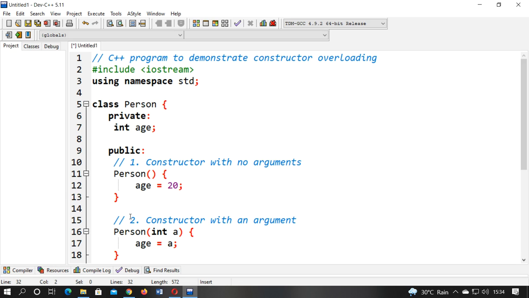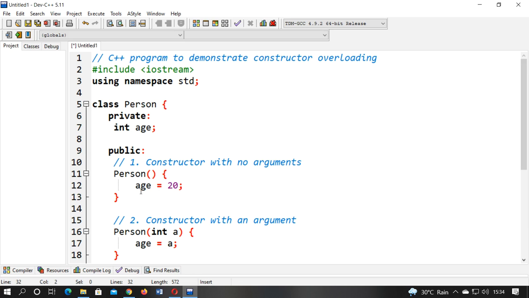First of all, we have to create a class. The name of the class is person, and I have declared the integer variable age as a private variable, and the function which is a constructor with no argument. The name of the function is the same as the class name, that is called a constructor, and it doesn't contain any argument.